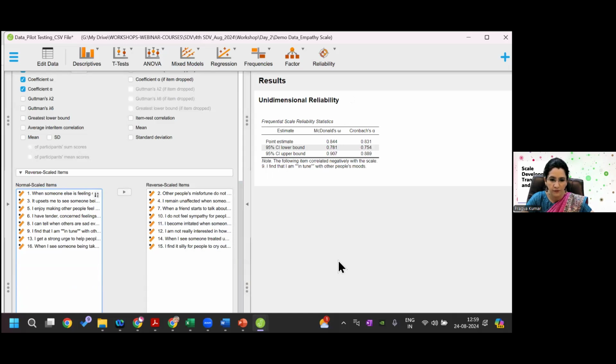So if I did that, then what is the McDonald omega now? Yes, all of you? Or Cronbach alpha? What is the value? Is it acceptable? Is it reliable? Seeing the cutoff which we have discussed, can you say that the test score is reliable? Yes. So you can see that if you don't reverse scale your item, and the reverse scaling you need to see